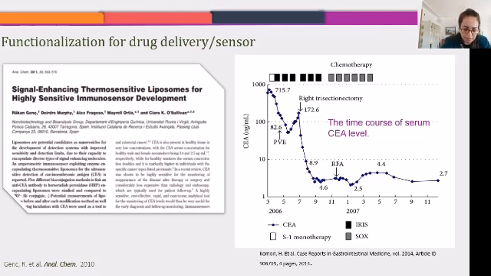For colon cancer and many different cancer types, the CEA molecule increases in the blood. The blood levels increase to 1,000 or 2,000, while normal people have a level of 2.5 nanograms per milliliter. But if you're pregnant or a smoker, these levels can increase. Here you see the patient before chemotherapy has 715 nanograms per milliliter of CEA in the blood. Then he got the treatment. After the treatment, the measured level turns to 4.6.